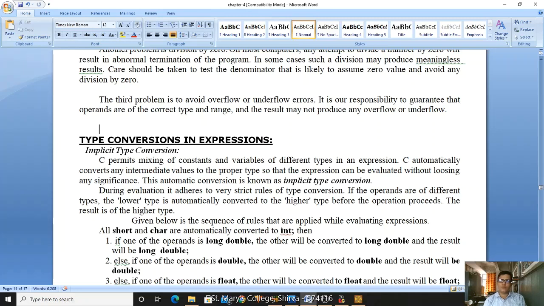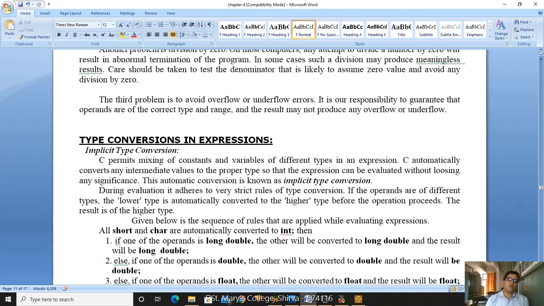If it is a float, then you have to mention it as a float. If you try to make it an integer, what happens? It will store only 1k. Then 0.5k you are losing. These types of data losses are happening. So now it is a very important concept.